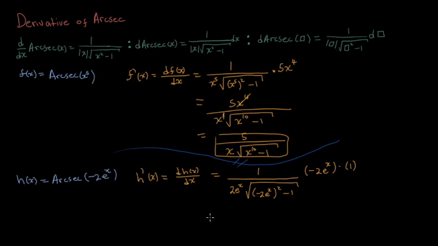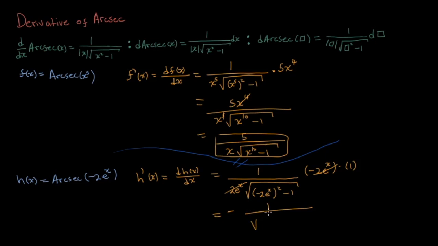We can then simplify that. What we'll notice is that the 2e to the x will cancel with this one here, and so we're just left with negative 1 over